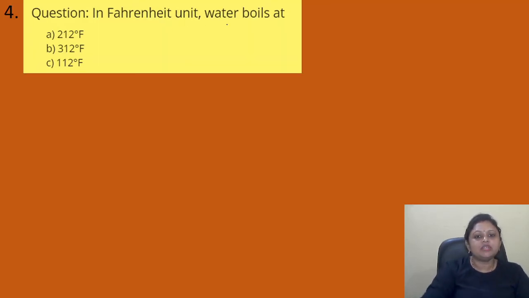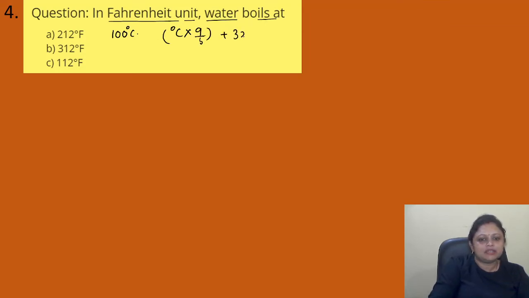In Fahrenheit unit water boils at option A 212 degree Fahrenheit, B 312 degree Fahrenheit, C 112 degree Fahrenheit. So in Fahrenheit unit, water boils at which temperature? Yes, we know it, that is 100 degree centigrade, but our work is to convert it into degree Fahrenheit, right? And how will we do that? That is degree centigrade into 9 by 5 plus 32. That is equal to 100 into 9 by 5